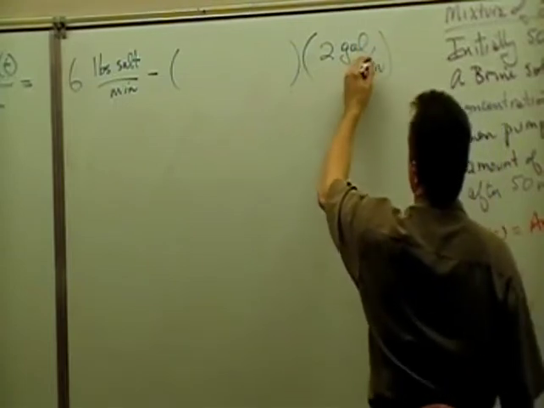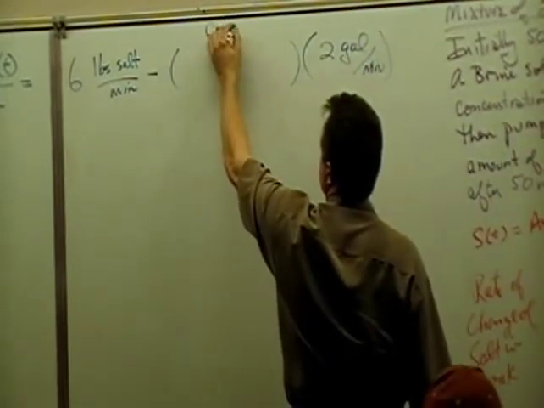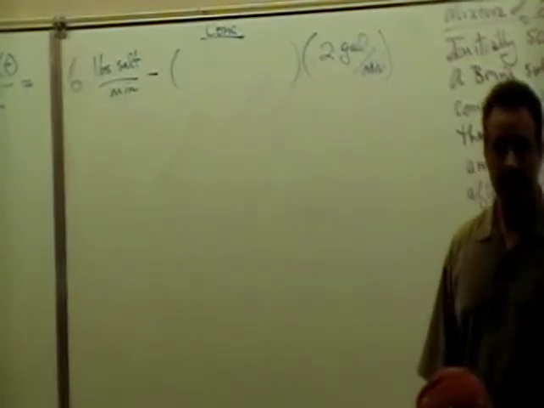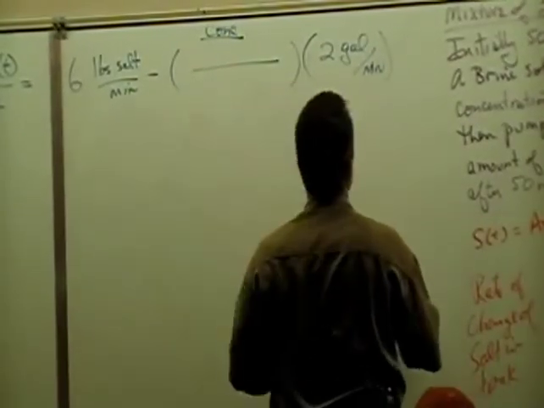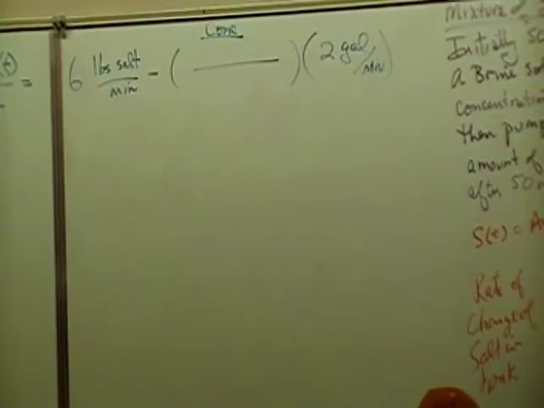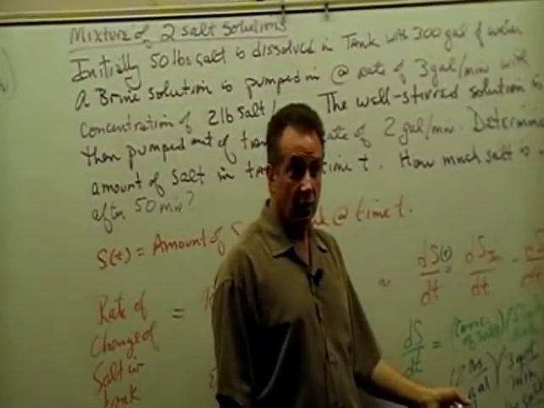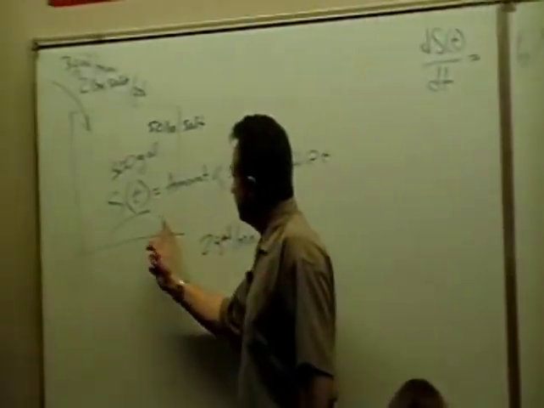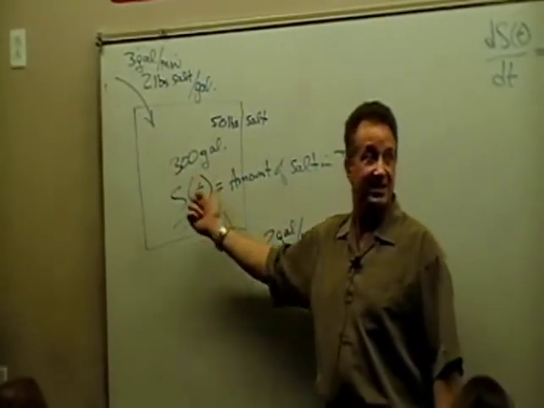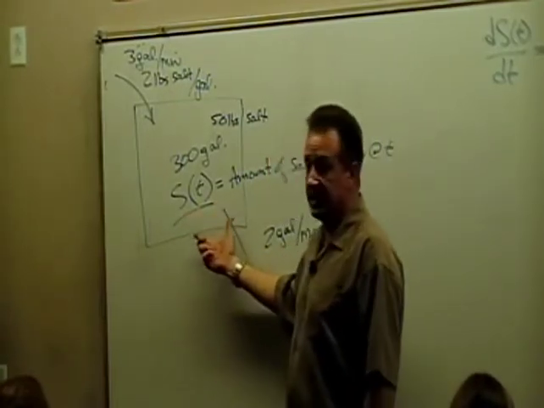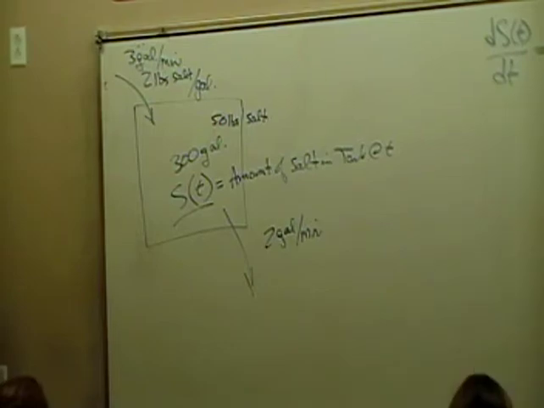Now, the hardest part of this problem is really writing the concentration of the brine that's leaving. How do you find a concentration? Notice the concentration just tells you the number of pounds of salt divided by the total volume. In other words, the concentration of the stuff that's coming out is the same concentration that's in the tank, because it's leaving the tank at that time t. How much salt do we have in the tank at any time t? S of t. So this would be S of t